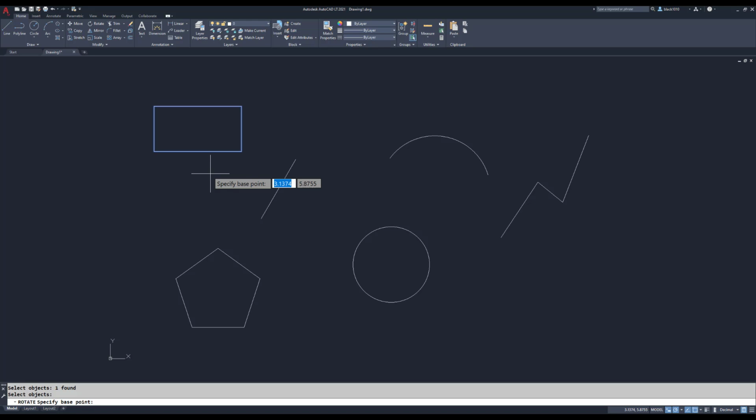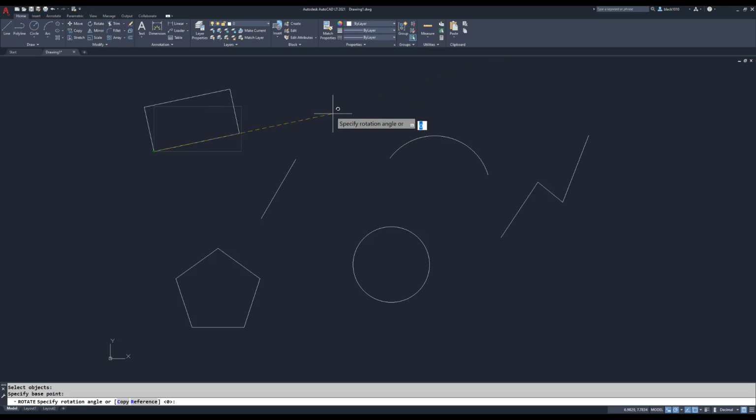And it prompts me for a base point. Let's just pick this lower left corner for lack of anything better. And then it asks me for a rotation angle. And I can just say, well, up here looks pretty good. Or if we want it to be at one of our polar tracking angles, like every 15 degrees that we're locked into right now, I can lock it in. Or I can type in a value. So you can pick when you're locked into a polar tracking angle, or you can type in an actual value,